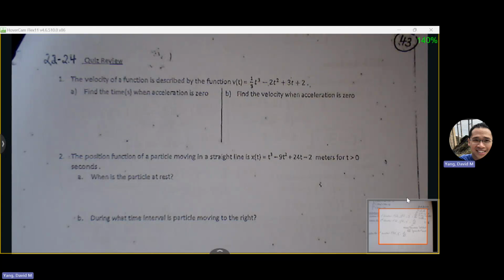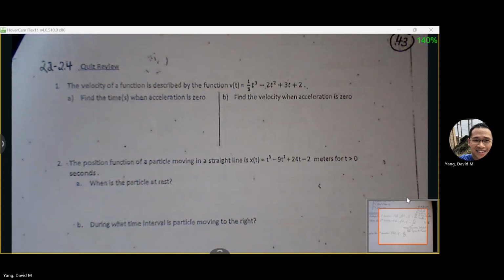So if you guys turn to page 43, we're going to work through a particle motion problem. Okay, so 43 says,